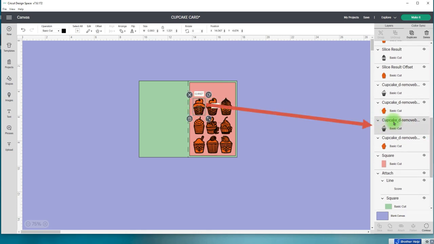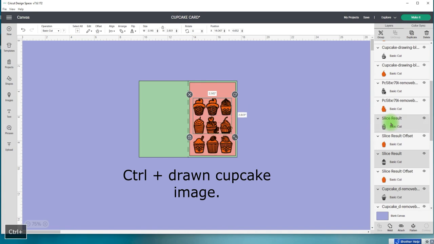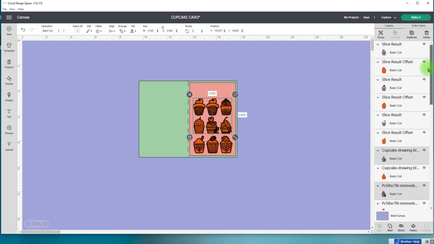It's giving you that. I want you to hit Control, and not Shift, but Control, and then hit that. All those drawn cupcakes, keeping your finger on the Control button or Command for your Apple. Okay, then what you're going to do is you're going to select